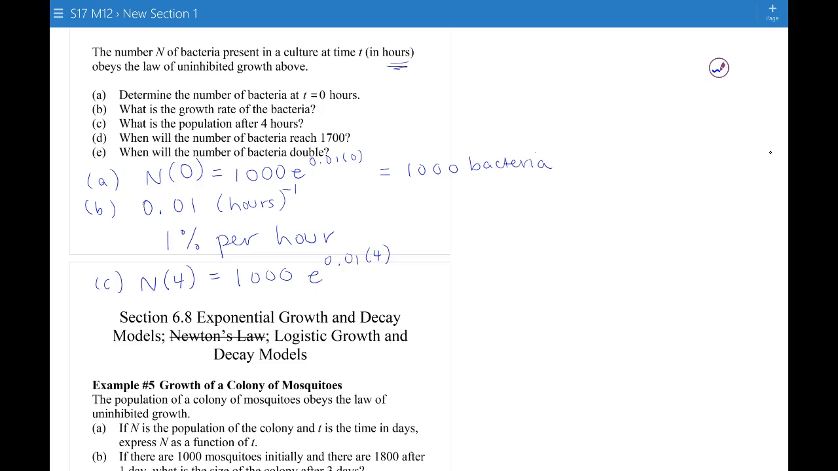So we multiply the 0.01 times the 4. Then we're going to do e to that power, multiply it by 1,000, and I'm getting about